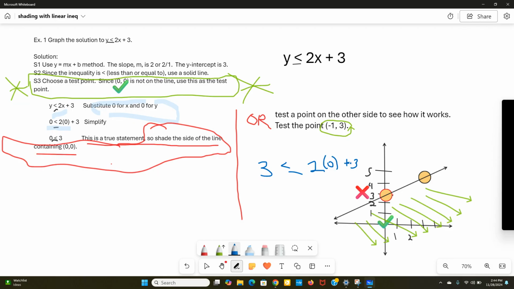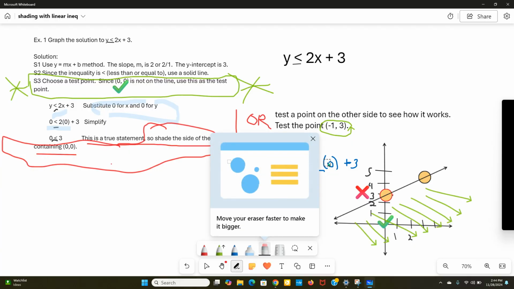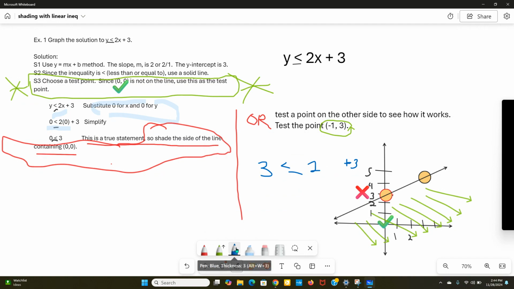Not 0, I made a mistake there. That's supposed to be -1. We'll fix that. 2 times -1. And we get 3 is less than or equal to -2 plus 3. And then we get 3 is less than or equal to 1. And that's false. So going back to what you have to do when you get false is to continue with,